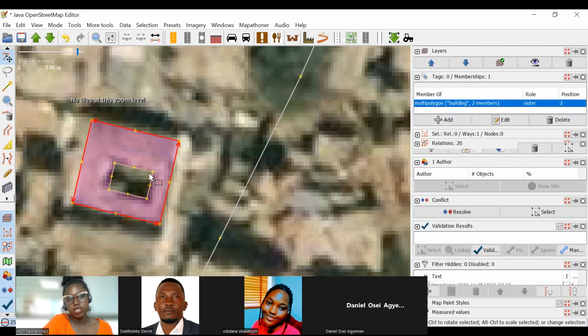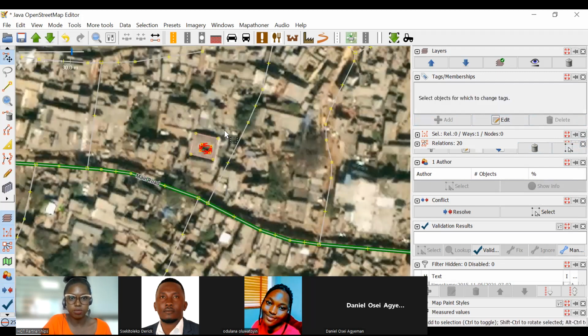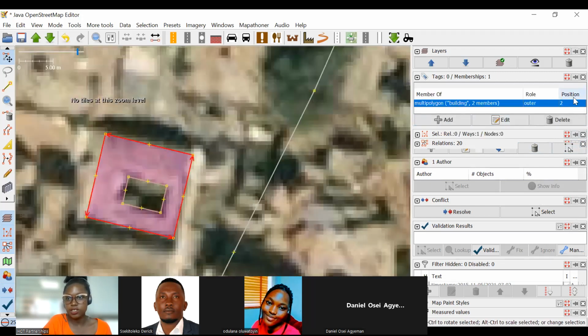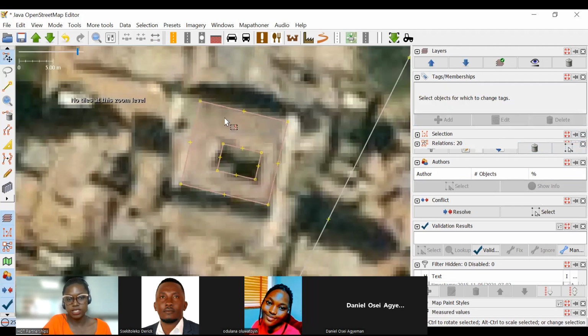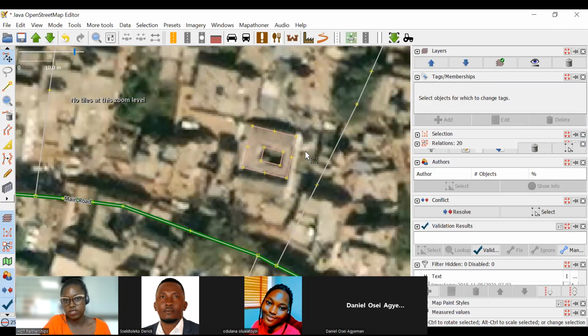and it's in the second position. So when I click here, it's also telling me this is the same building, but it has 2 members. It's the inner part of the building, and it's in the first position. So that's what it means to have a multi-polygon. When you select it as one, this is what they call a multi-polygon. So that's what it means. But with